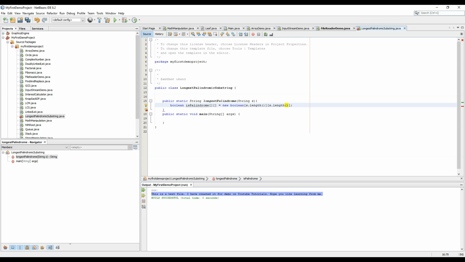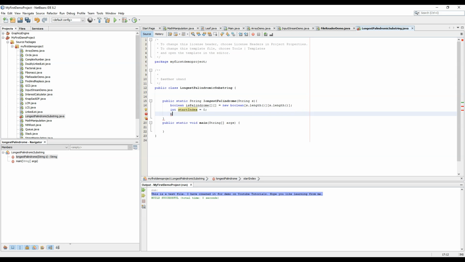Let's continue forward. So now we need to create a start index, equals to say 0 initially. The 0th index is the start index, and rather than boolean it should be int since it's an integer.